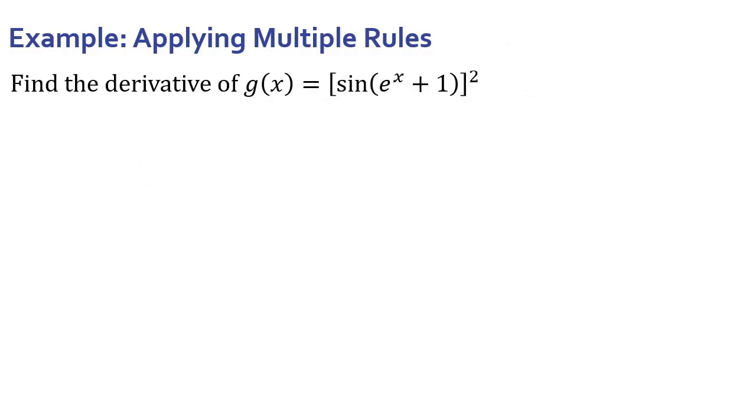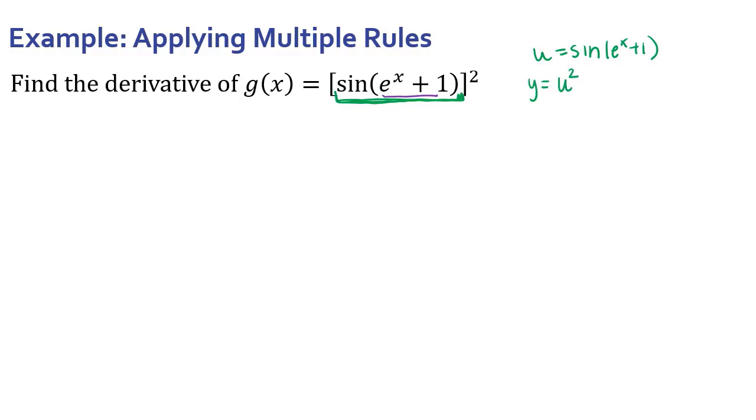All right, let's look at this last example. So I see, holy moly, I'm going to have multiple chain rules because I have this inside function and then I have this entire inside function. So let's start with having this be our entire inside function, and then we'll go from there because it's the first one I see, the biggest one. So if this is our inside, so sine of e to the x plus 1, and this is our outside,